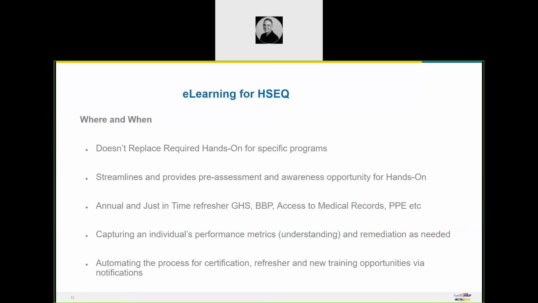So the why part, when you think of learning, and many of you have probably taken e-learning courses and know this: you're capturing the individual's performance, I would say, better in some circumstances, because that individual has to take quizzes or assessments and go through some interactive content. If they get it wrong, they're going to be shown the correct information,